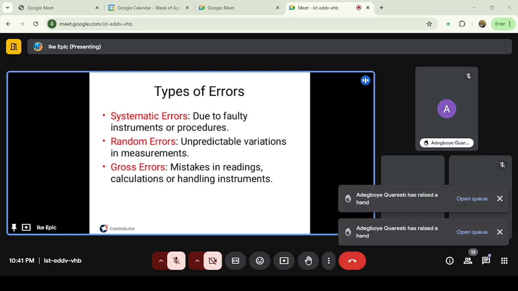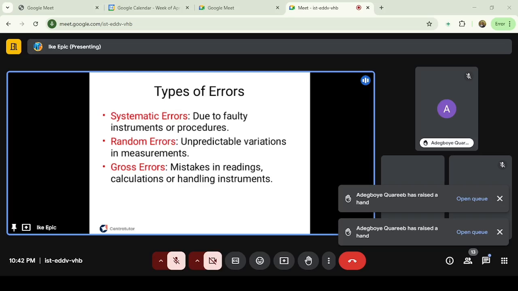That kind of error, you can already predict it exactly. So this kind of error is called random error. It's error that can happen generally. It can happen to anybody because depending on your angle, different things can cause this kind of random error. So this is the kind of error that is unpredictable. So we then have gross error, which is the error that occurs as a result of mistakes from readings or